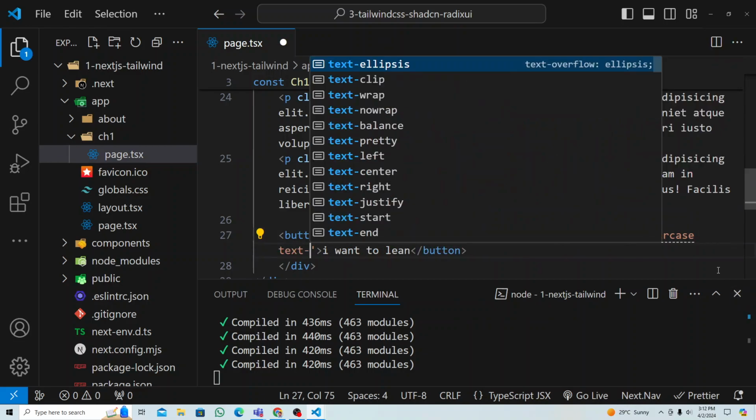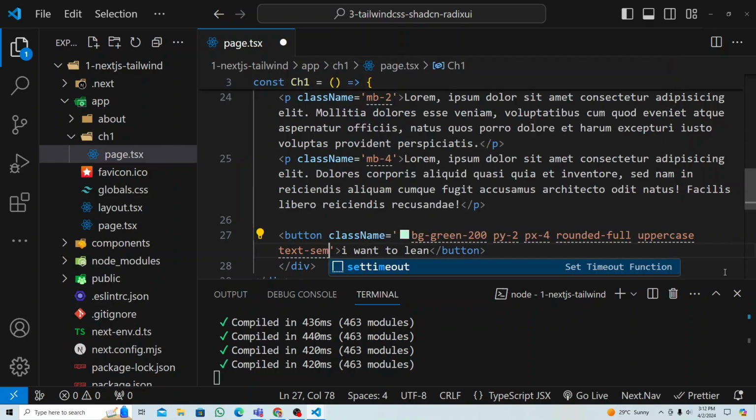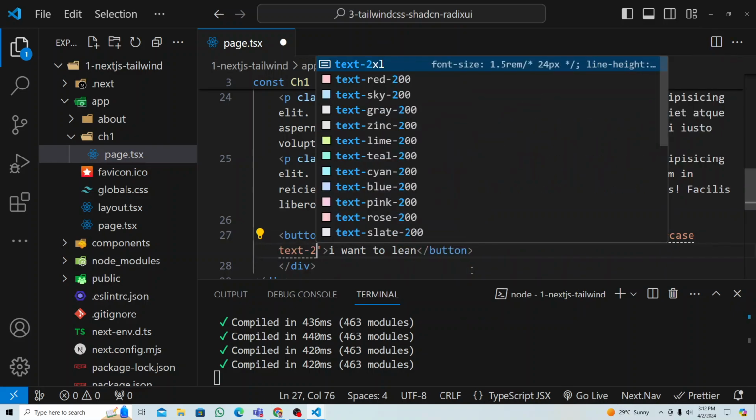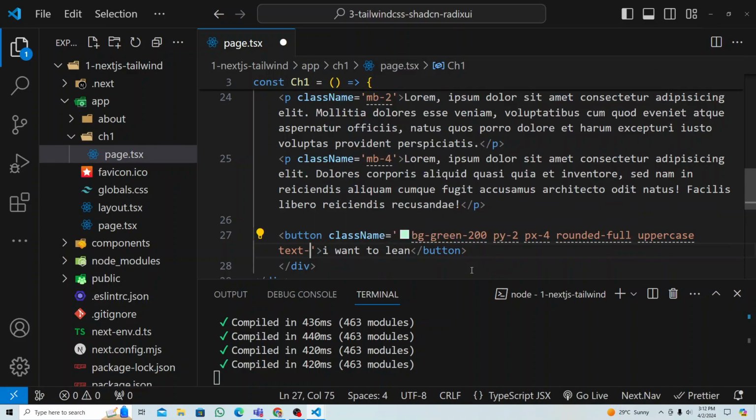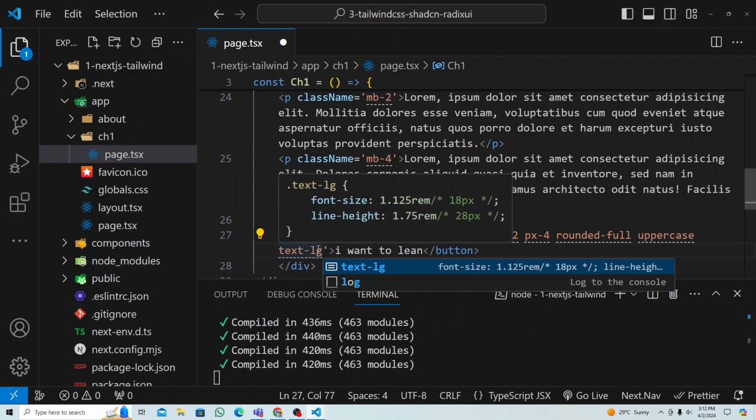So uppercase, right? Next, maybe text. Let's make it semi bold, right? Something like that. Semi. Okay, not text but font. Okay, text you can make a little bigger. So let's do XL or maybe LG. This is also the size, that it has some size. Okay, so don't get confused with the